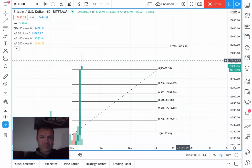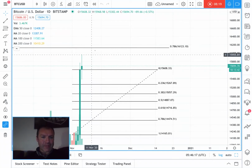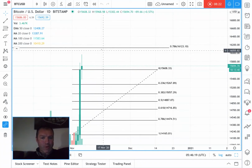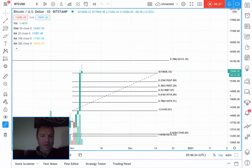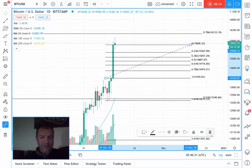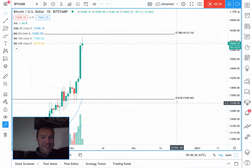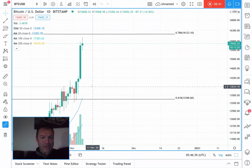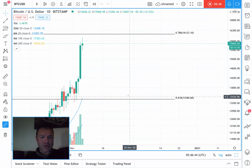And so, yeah, it could face a massive rejection here, this 786 fib. Bitcoin could come up, test it, and then blow off top, come way down below here. Let's have a look at some of the numbers down below that would be of interest. Obviously, the 618 fib from the big time frame. If Bitcoin stays above that and uses it as strong support, that's hugely bullish because